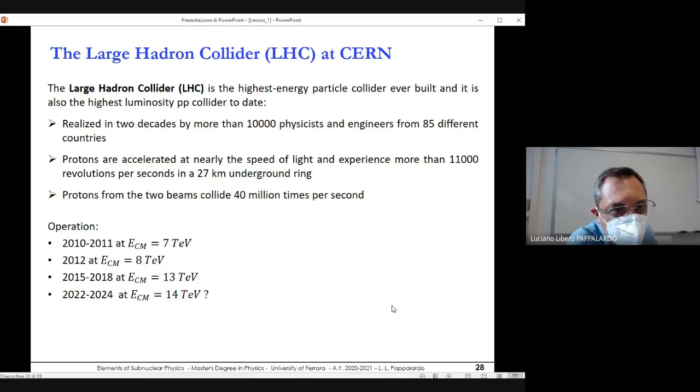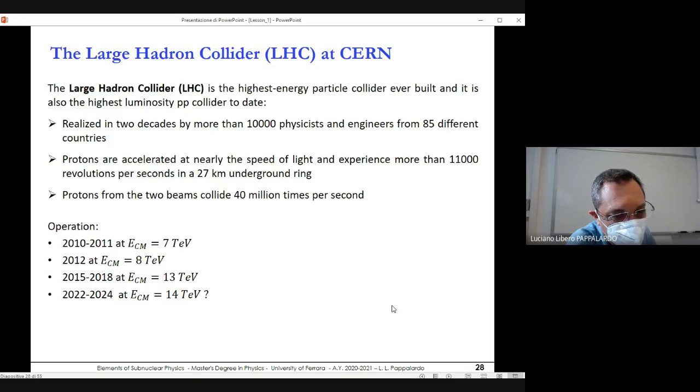A few words about the operation. So LHC started its operation in 2010, okay? And so there was a first run called the LHC Run 1 from 2010 to 2012 with the center of mass energy ranging from 7 TeV up to 8 TeV. Then there was a very long first shutdown, okay? That took essentially more than 2 years. And LHC restored the operation in 2015 up to 2018 with the so-called Run 2, where now the energy of the center of mass in the collision was raised up to 13 TeV, which is almost the nominal construction limit. And this limit, which is 14 TeV, we hope to reach in the next run.